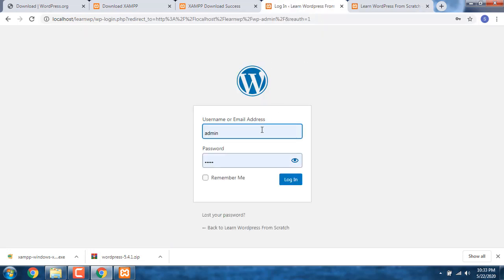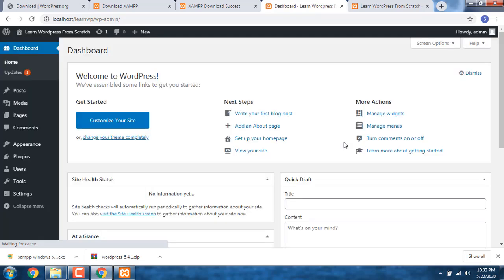And here you will add the username and password which we created, admin, and press enter. So this is the dashboard that WordPress provides you. Here you can see we have pages, media, where we will be uploading our pictures, videos and posts, and comments, plugins and